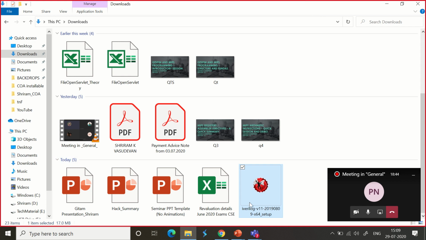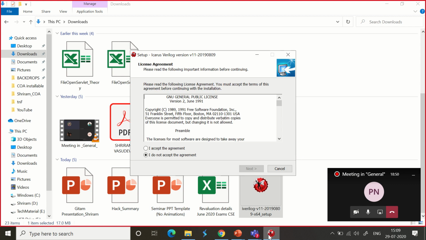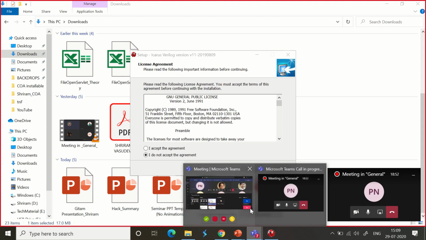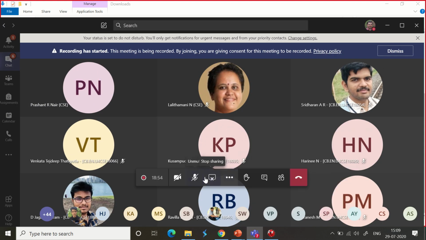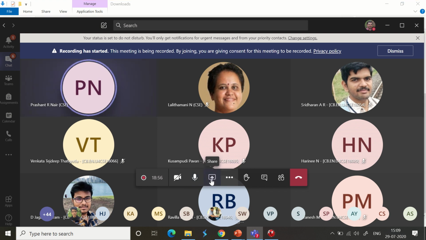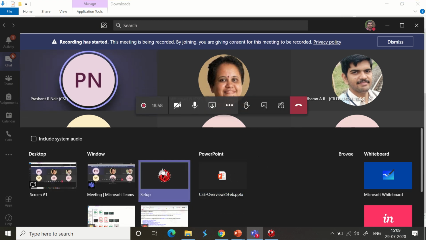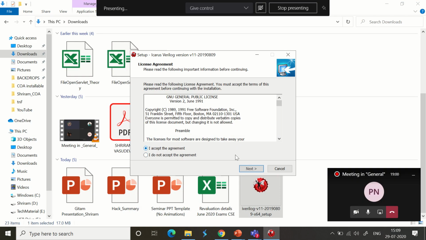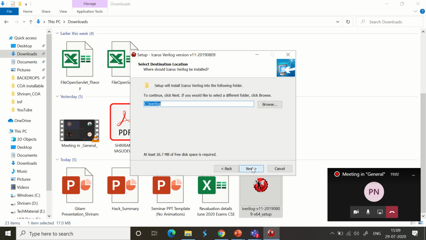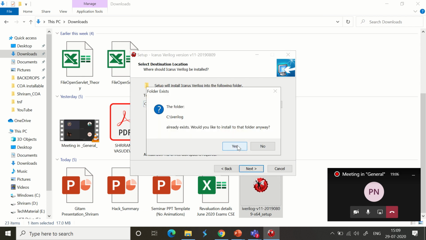You can see that this is the way it will be downloaded, and you can double click and give next. That's a traditional installation process that you have to do. So please make sure you follow the same process as we do every time. Accept the agreement. Next, install it in the C drive provided you have space, otherwise move it to D drive